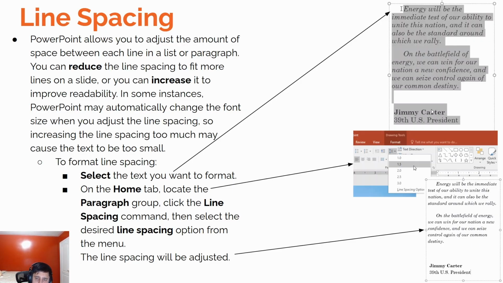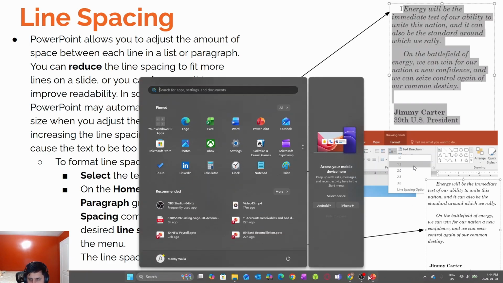So to format line spacing, we select the text we want to format, then on the Home tab, locate the Paragraph group, click the line spacing command, then select the desired line spacing option from the menu, and the line spacing will be updated. So in terms of that,